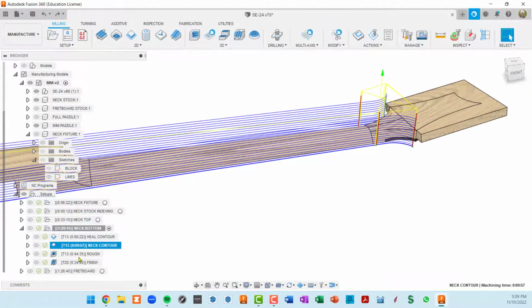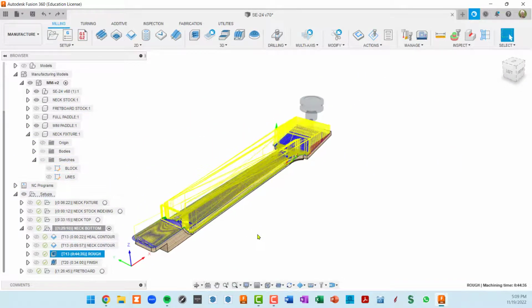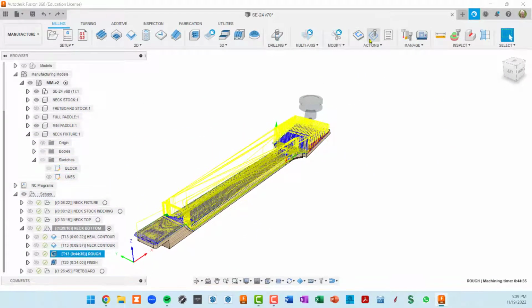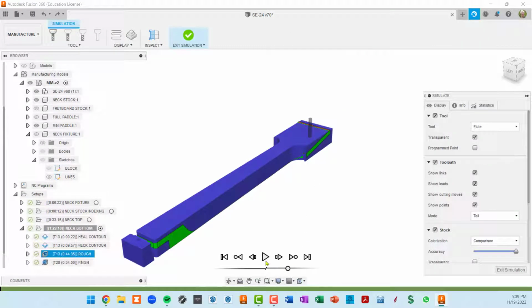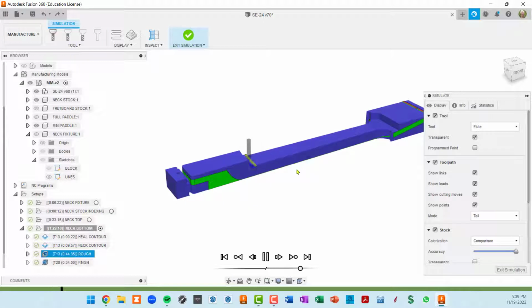And then this one's the biggie. This is a single roughing operation. Let me go ahead and simulate it. This takes a long time to generate, and it's going to take a long time to cut, 45 minutes, and it takes a long time to simulate too. So I'm going to speed this up, but you can see it's starting here in the paddle, working its way down to the heel,